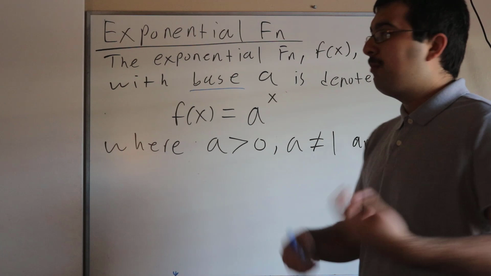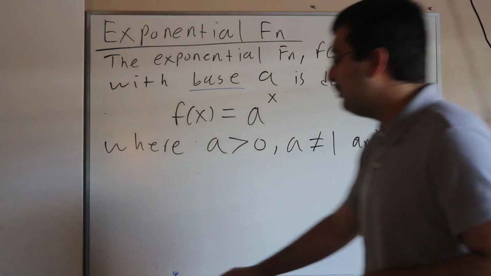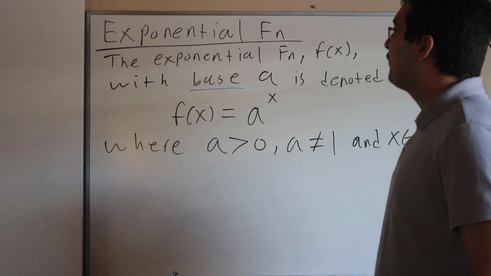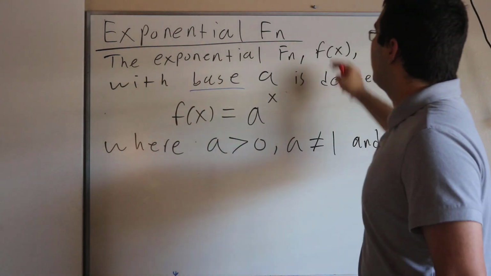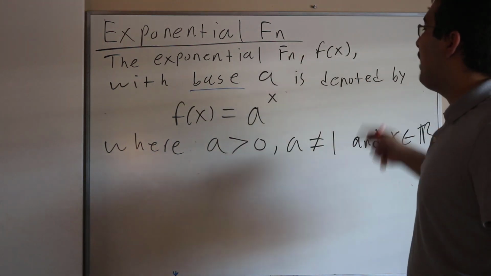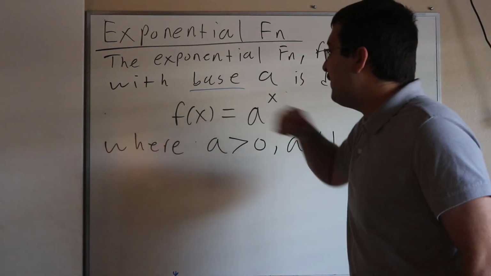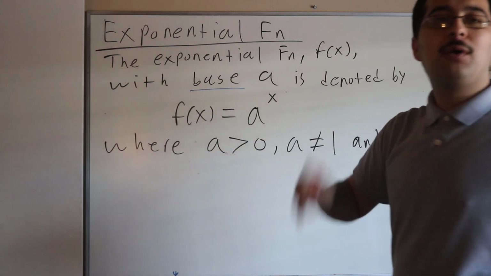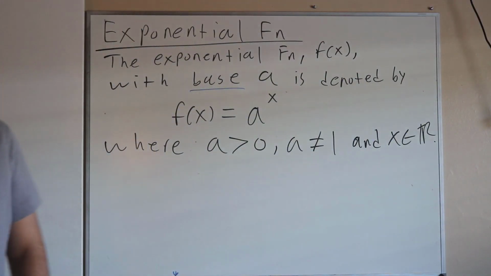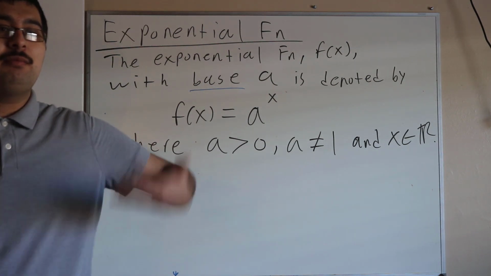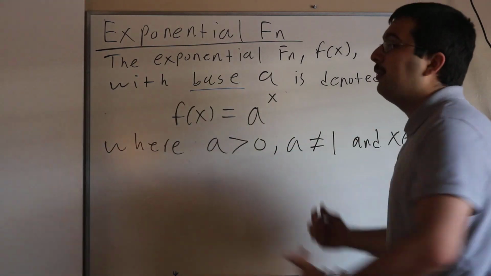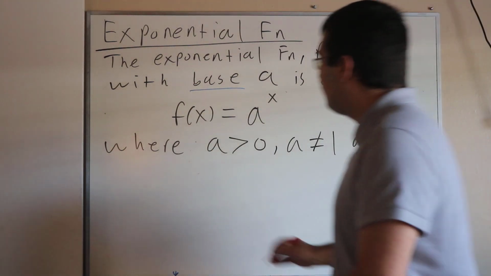Alright everyone, so let's go ahead and give a definition to what we mean by exponential functions, since we're going to be talking about them for today's lecture. So we say the exponential function f of x with base a is denoted by the following form. f of x equals a to the power of x. Alright, so unsurprisingly, we call these exponential functions, and the big idea of them is just exponents, right? So the main change to what we've been seeing before in this class is